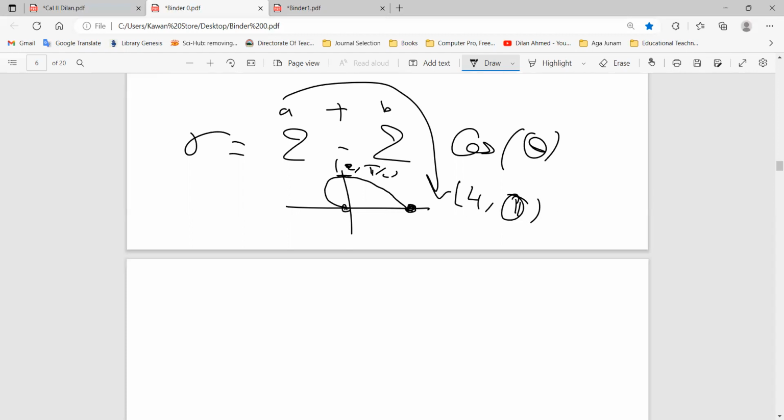How about this point? 4 and pi? No. 0 and pi. Yes. Put pi here, you'll get minus 1. Minus minus will be 4. So yes, you make a mistake, Kaka. Let me do that. I'll do it for you. Wait, just wait, okay? To be sure whether I am right or not,